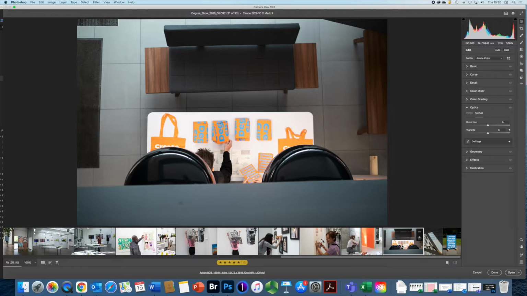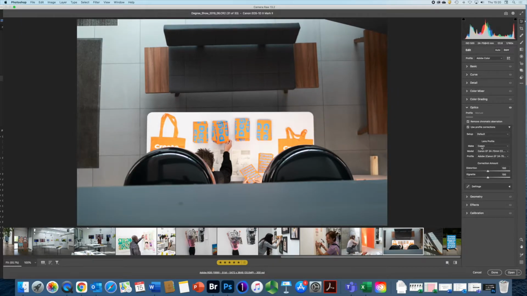So if you've shot with a wide-angle lens, you might get lens distortion, either barrel, or if you're using a telephoto, pincushion, or the other way around. But you get lens distortion that makes it look rounder or pinched. And first of all, if you click on Profile, it's a very useful thing to do to start off with. You can remove any chromatic aberration or use any profiles that you might have set, so you can apply the profiles of your camera and lens that you've used. Okay,